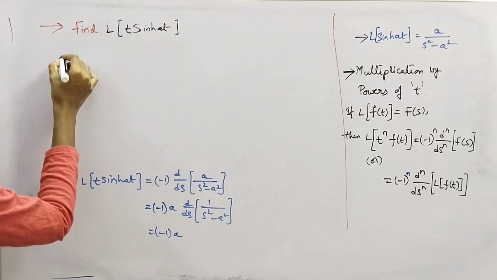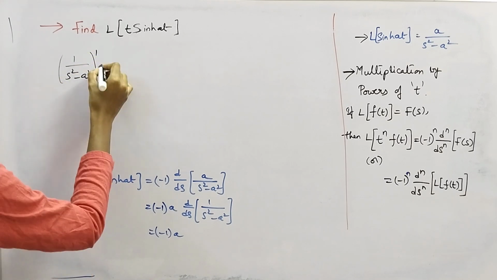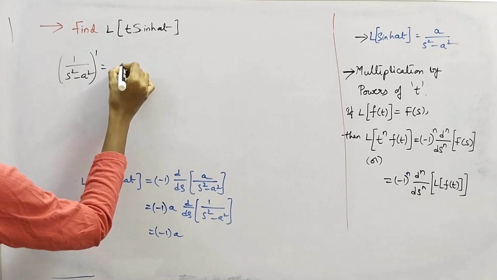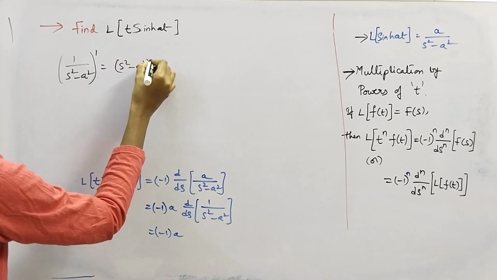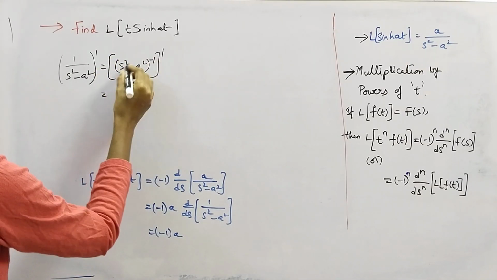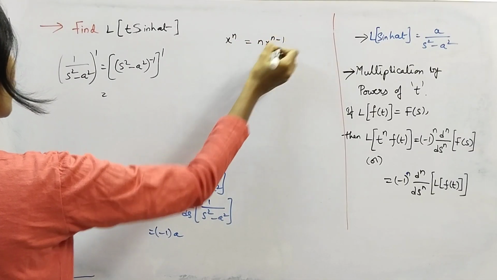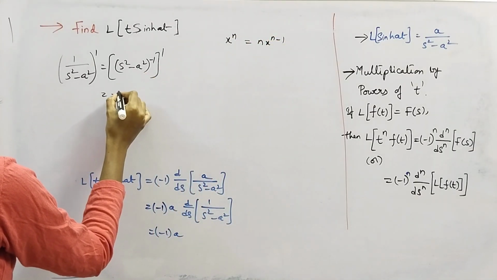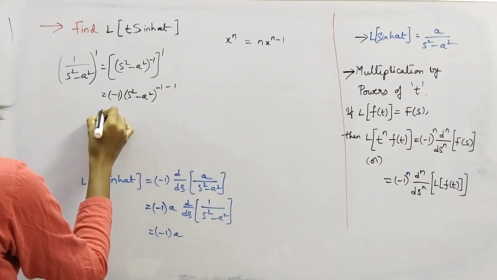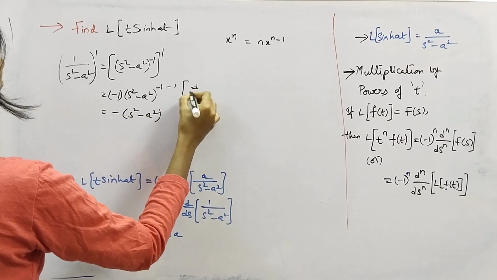You can write 1 by s square minus a square, prime is nothing but derivative with respect to s. You can write this as s square minus a square inverse, right? Power minus 1. Now find its derivative. Since we know that the derivative of x power n is n into x power n minus 1, just apply this formula, n into x power n minus 1, which gives us minus of s square minus a square